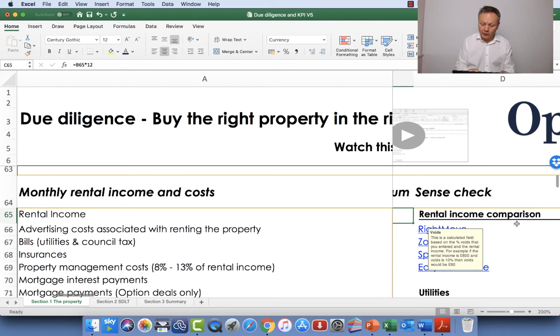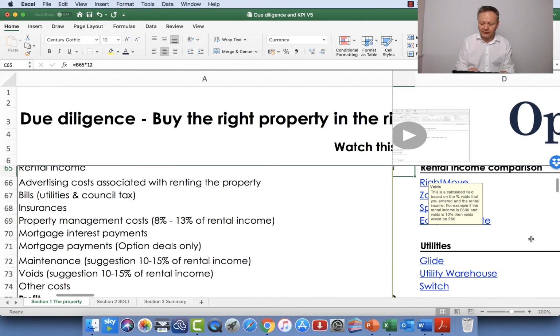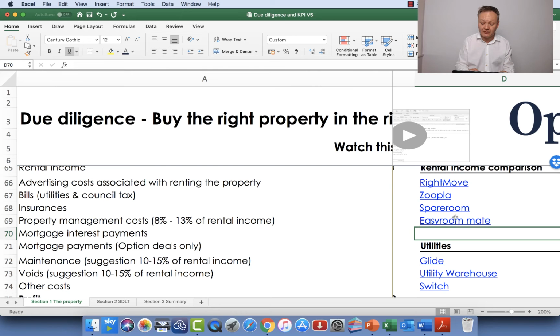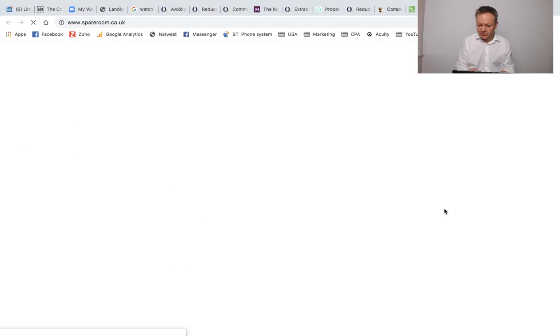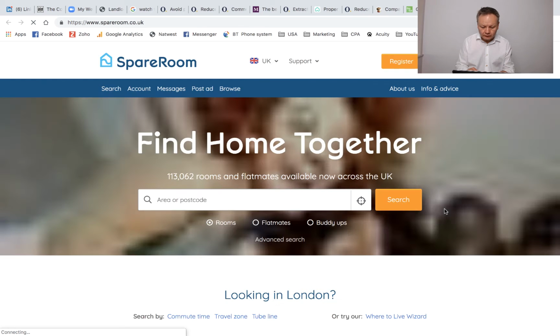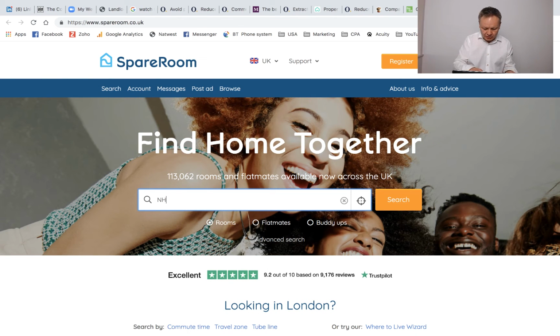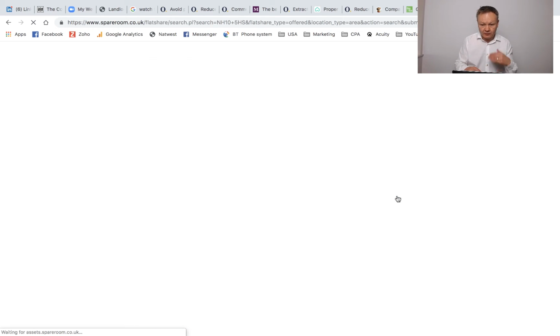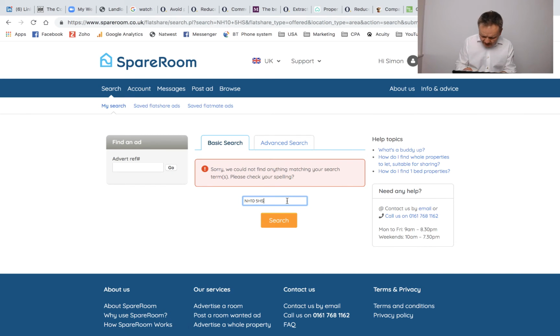As ever, we've done this rent income comparison. So what I would suggest you do, if you've got a HMO, use SpareRoom. If I just type in spare room, for example, and I type in postcode, I'm just going to type in the postcode of some of our flats, which is kind of HMOs. I'm not sure why that didn't work. It's because I've put NH10. Didn't work, did it? So if I do that now,